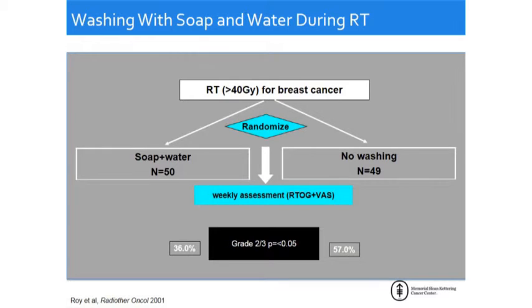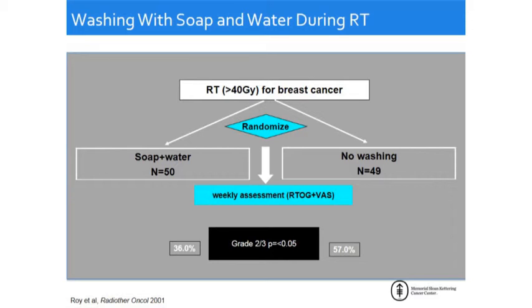What has been effective and has been demonstrated in randomized studies, both in breast cancer and in patients who have received whole brain radiation, is the use of soap and water to wash the area. This is one such study that was published over 10 years ago. Patients were randomized into either no washing of the breast area and the axilla, or soap and water washing, and